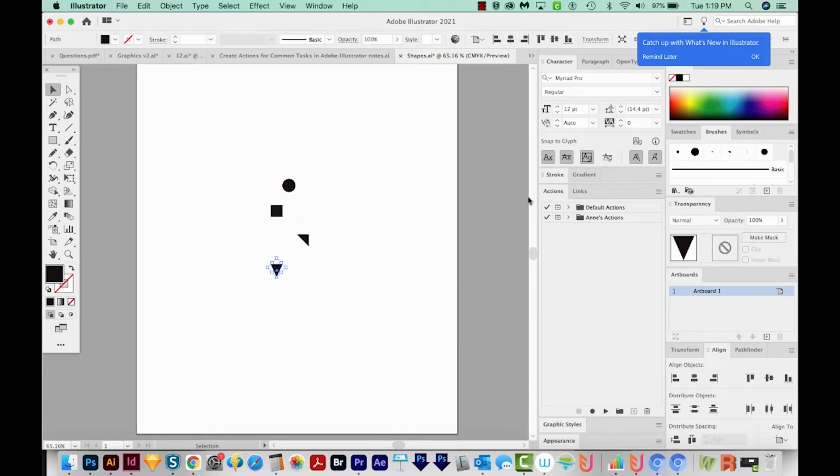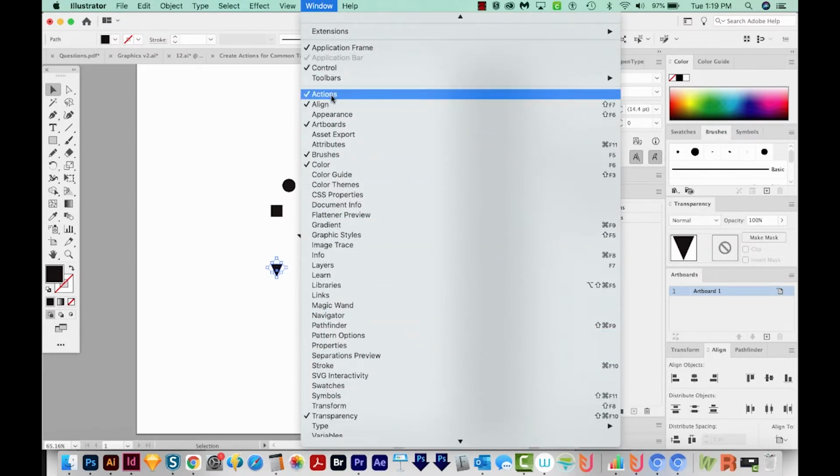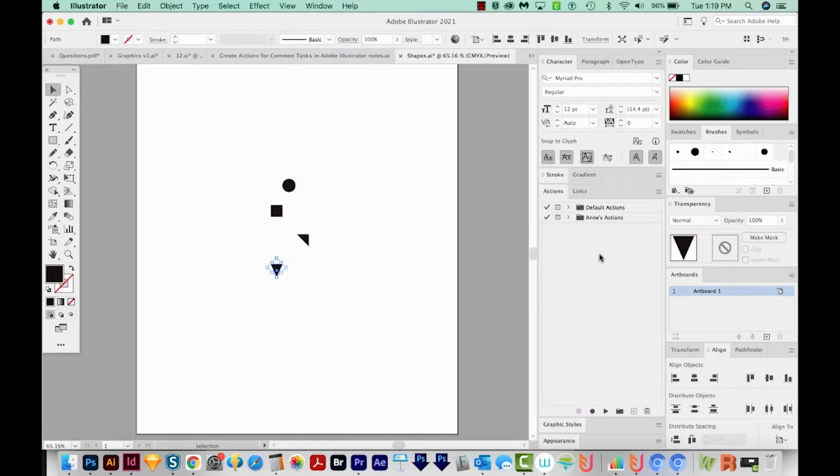Then we'll come over to our Actions panel. Now, if you don't see this panel or any of the other panels that I have open, you can come up here to Window and they'll all be available right here. Here's the Actions one right here. Now, in your Actions panel, if you've never set up an action yourself, you'll have these default actions in there. But you won't want to put these in that same folder. You'll want to create a new folder, which is right down here at the bottom. So let's go ahead and do that.